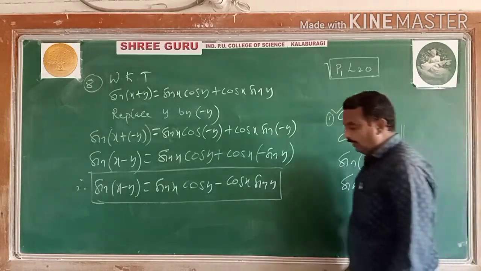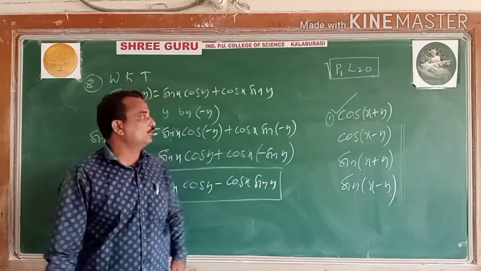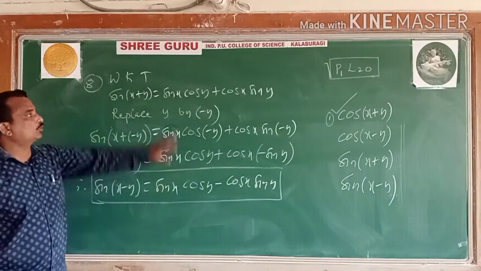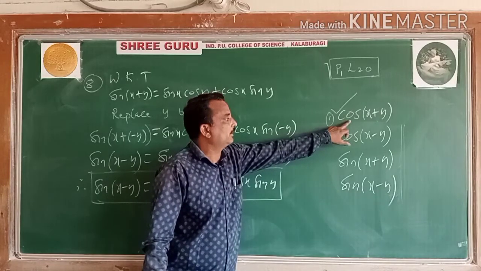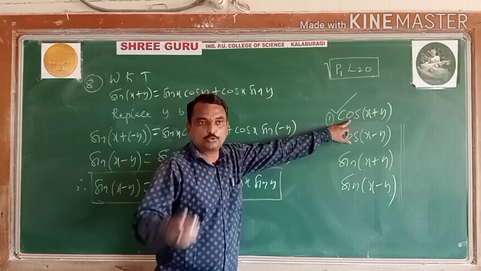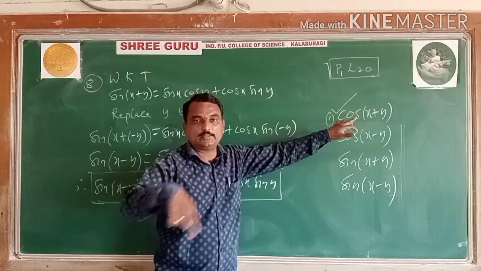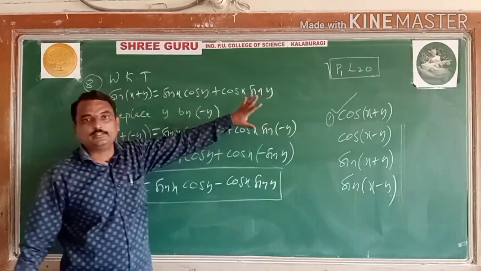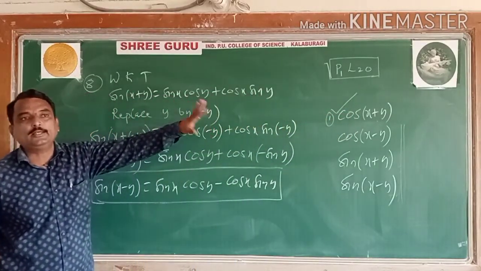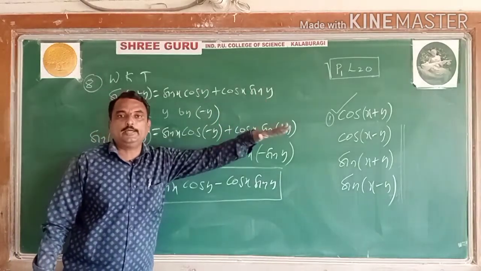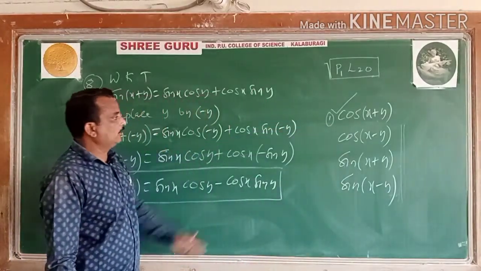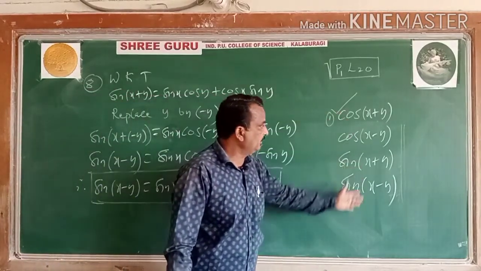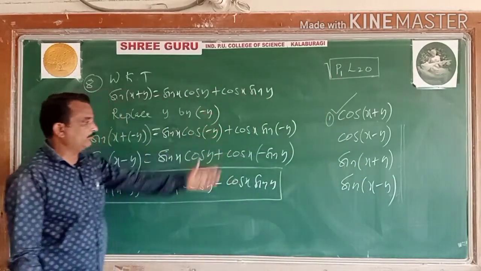So with this, I conclude today's class, students. Go through this result first once again. This is the homework. You go through that 2 to 3 times. Let us draw the unit circle and try to construct it: x angle, y angle, and how x plus y and minus y angle become, and then prove this result. Tomorrow in class I will repeat the formulas once again, whatever I have discussed here.